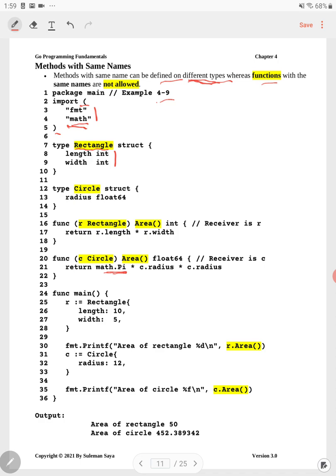And then we are also creating another user-defined type called circle. Okay, and in the circle there is only one field, called radius, of type float64. So basically, these are two different structs that will be used within the receivers for two different methods, which will have the same name. So at line number 16,